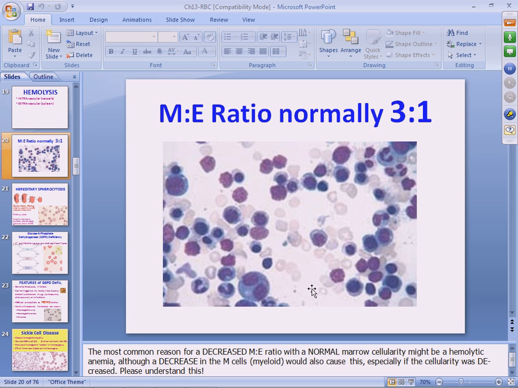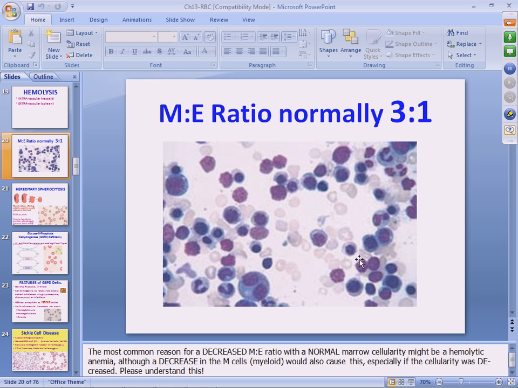You want to know why? Because all the erythroid cells have very dark, round, maybe even almost black nuclei, and all of the myeloid cells have kind of a reddish, less dense one. There's a myeloid, there's a myeloid, myeloid, myeloid, myeloid. I bet you, if I asked you to count the myeloids here, you'd all come up with a number around